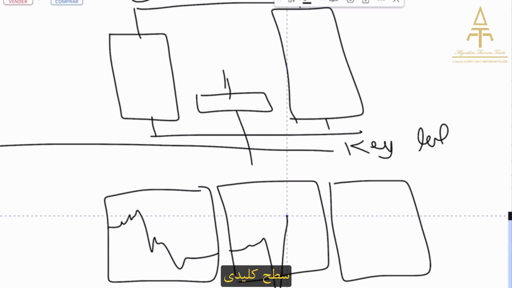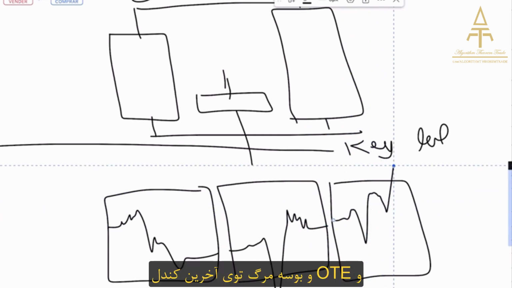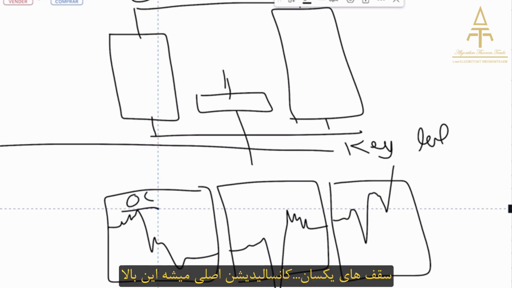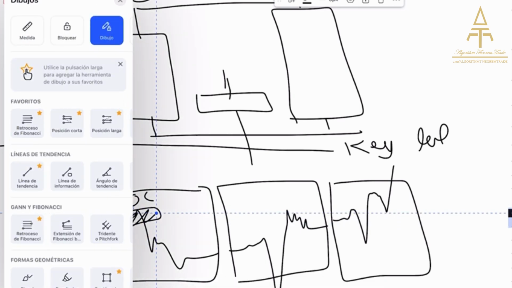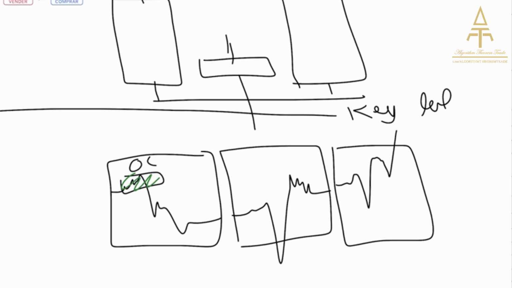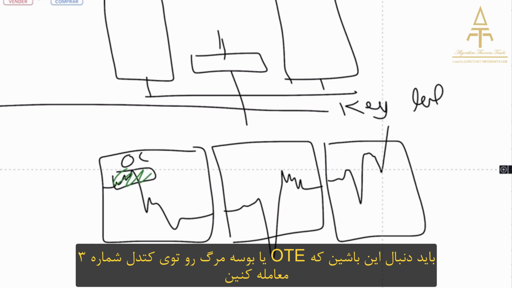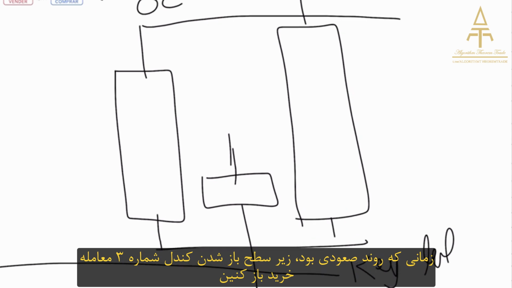Turtle soup, key level, structure shift in the second candle, OTE, and kiss of death in the last candle, right? Equal highs, original consolidation is going to be up here, right? So, in summary, look to trade the OTE or the kiss of death in candle number 3, right? Buy below the open of candle number 3 when bullish,